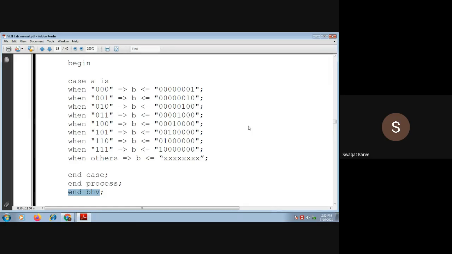Within simply 15 lines, your entire 3 to 8 decoder code is over. Just a 12 to 15 line code, that's it. So it's a very wonderful and useful language, using a very simple design of decoder.